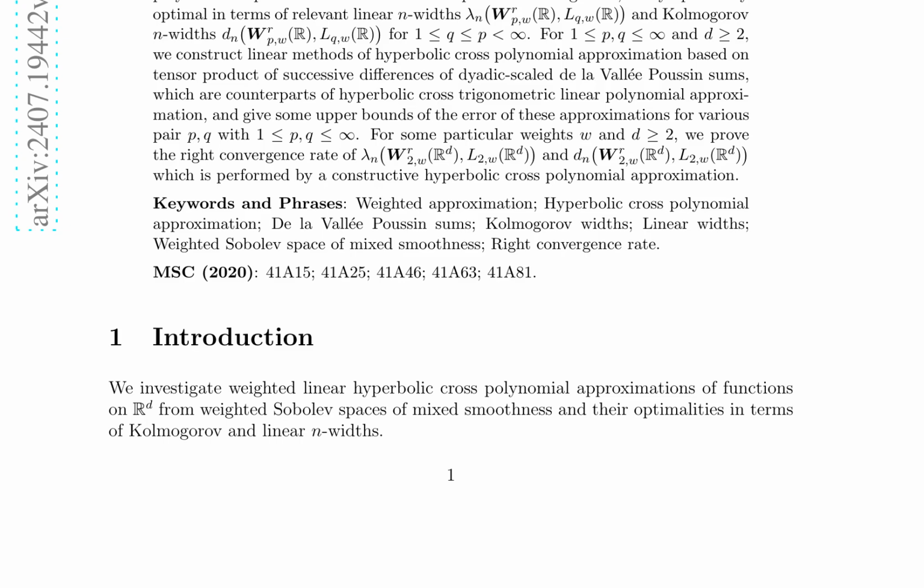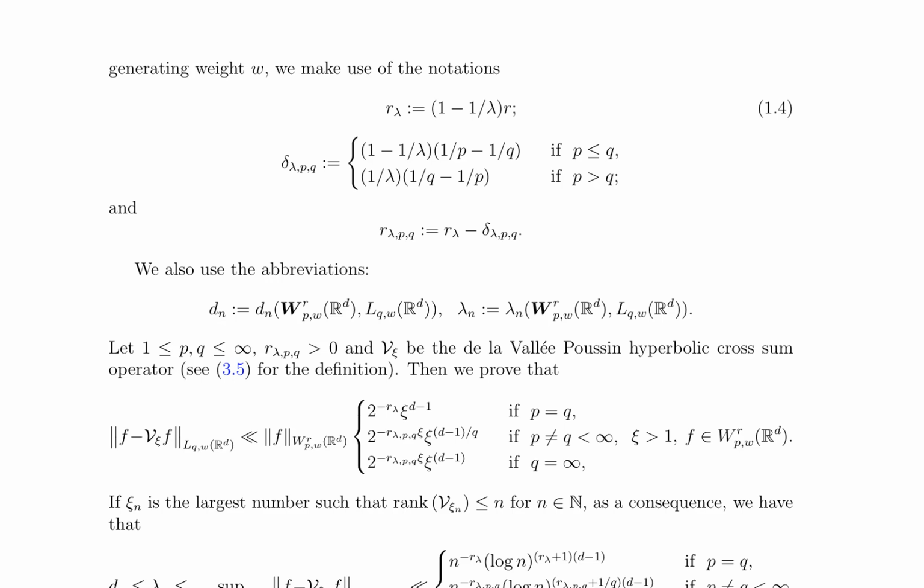The paper proves the asymptotic optimality of polynomial approximation by de la Vallée-Poussin sums of the orthonormal polynomial expansion of functions with respect to the weight w^2, in terms of relevant linear n-widths lambda_n and Kolmogorov n-widths d_n, for 1 ≤ p, q ≤ infinity and d = 1. For 1 ≤ p, q ≤ infinity and d ≥ 2,